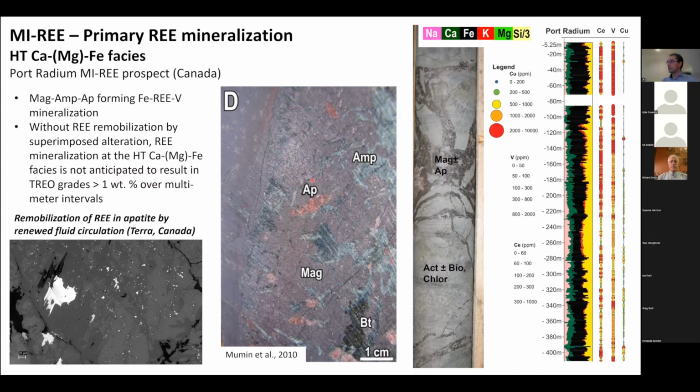What is necessary in order to form high-grade rare earth mineralization in these metasomatic systems is to have the anterior zone of iron oxide apatite mineralization overprinted by a subsequent generation of fluids. And what this does is dissolve and reprecipitate the apatites. As this dissolution-reprecipitation process is happening, it tends to liberate the rare earths from the apatite, and then these rare earths can be mobilized and concentrated and precipitated elsewhere in adjacent zones or just overprinting the original zone of iron oxide apatite mineralization.